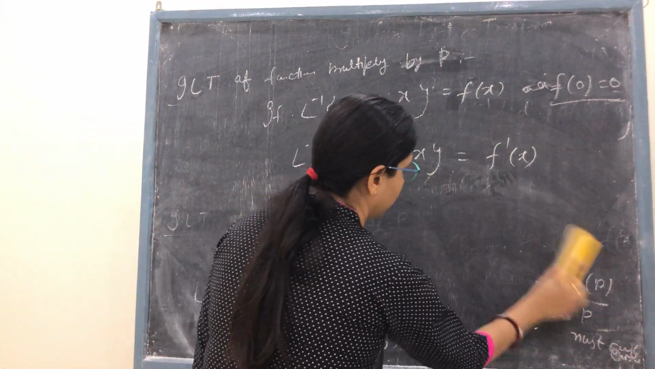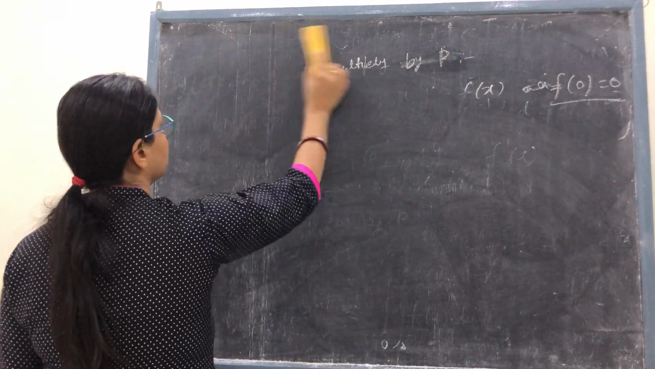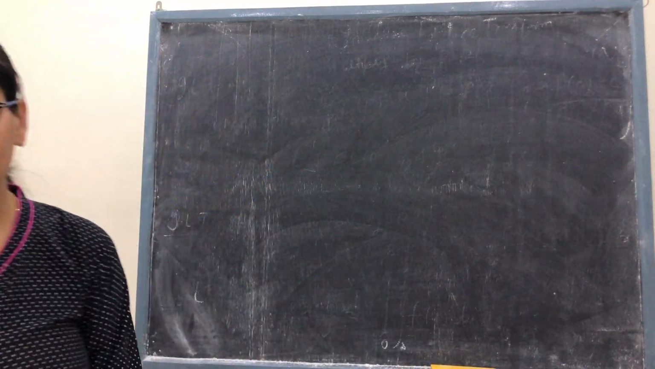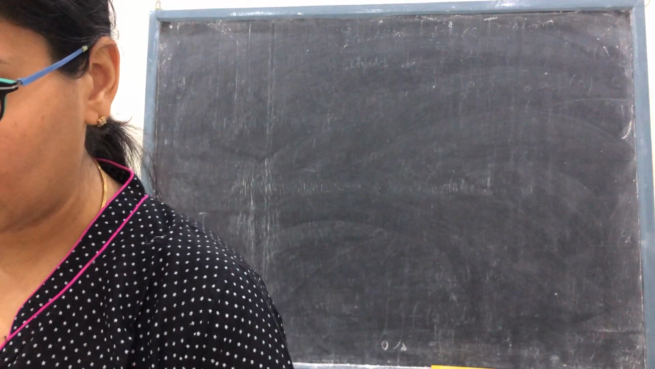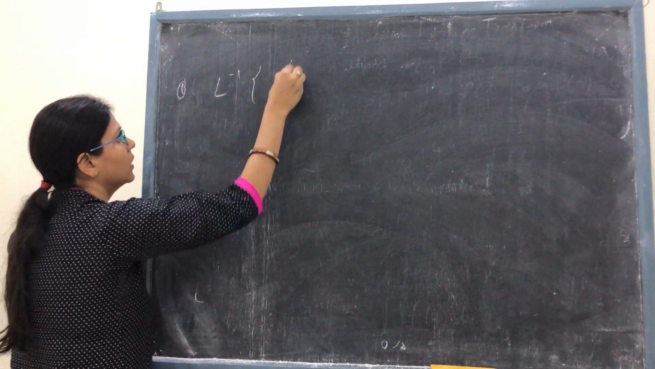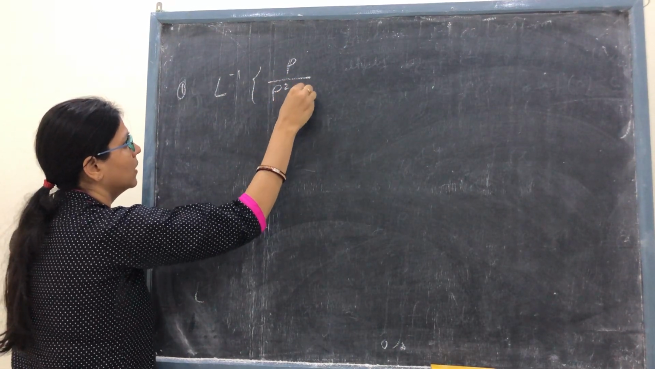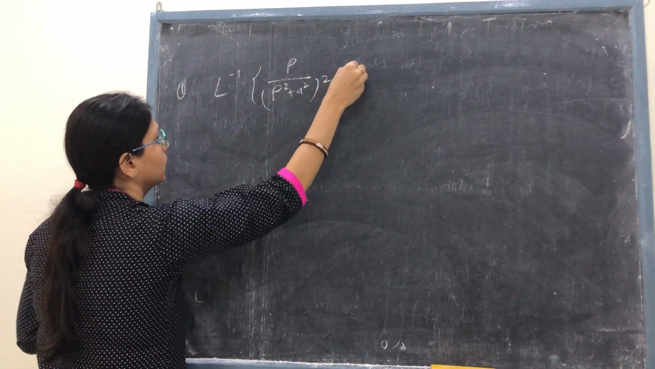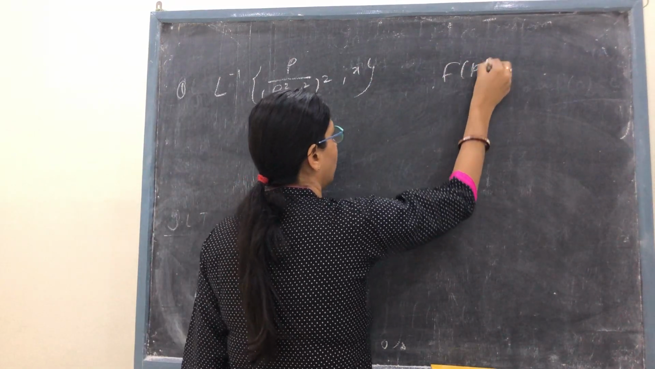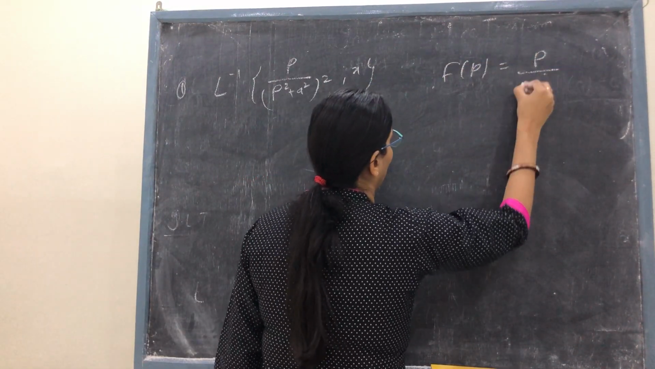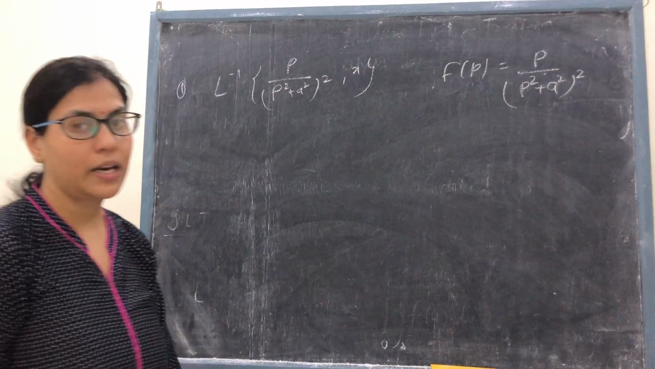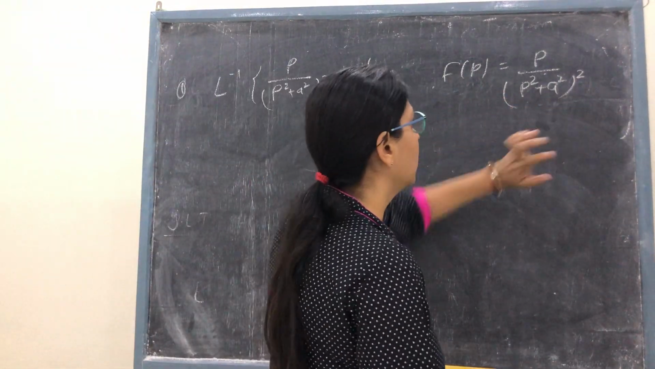Now we will understand this by solving some examples. Let us take some examples. We are given the question: find the Laplace inverse of p over (p square plus a square) whole square. हमें यहाँ f of p इस क्वेश्चन में क्या है, f of p इक्वल्स टू p over (p square plus a square) का whole square।